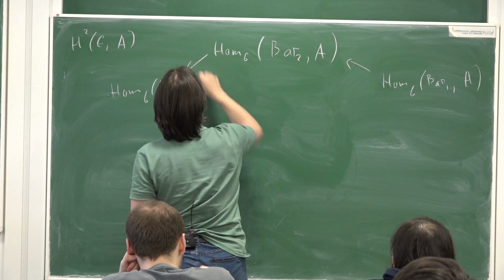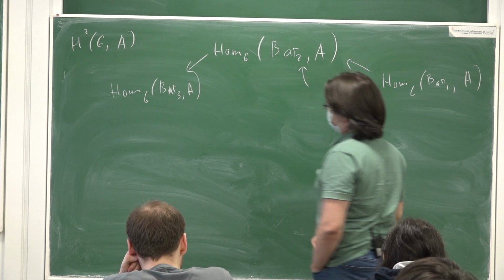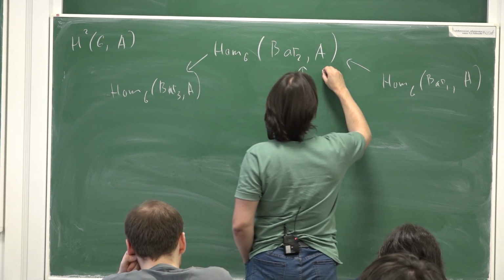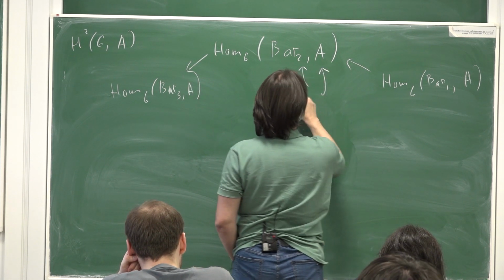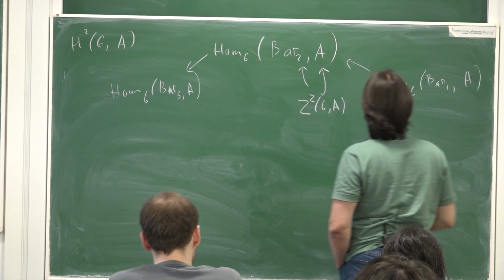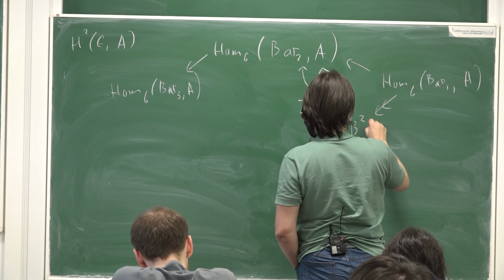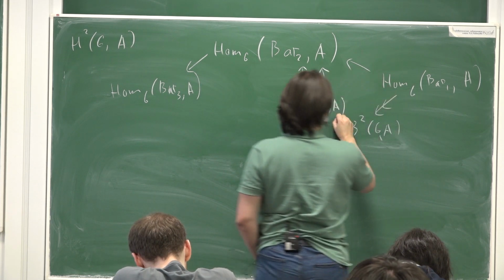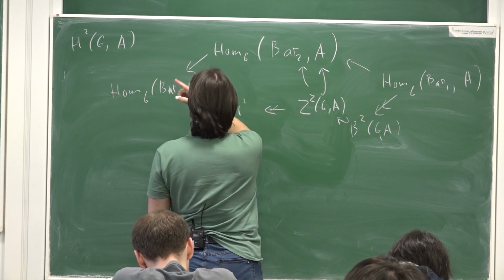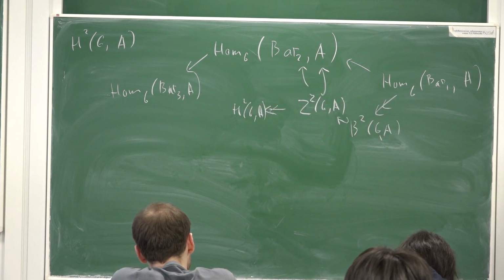And we need to take the homology of this complex here, and the elements that go to 0 are denoted by Z2 of G, A, and the elements that come from there are denoted by B2 of G, A. And this lies in this, and we have projection to H2, the factor group. So